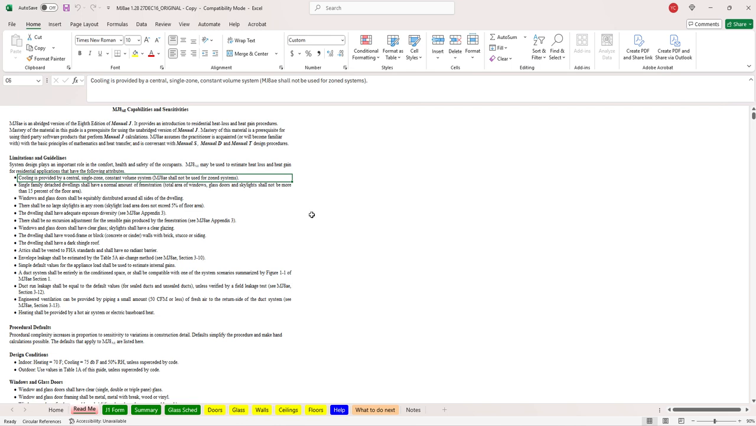I'm not going to get into the details of it. Manual J has their own YouTube channel where they go into the limitations. Another limitation here is that the dwelling shall have a dark shingle roof. It is interesting that they provide this as a limitation because